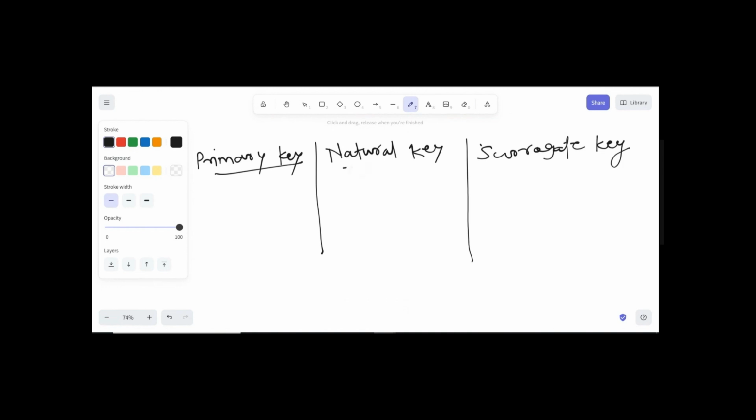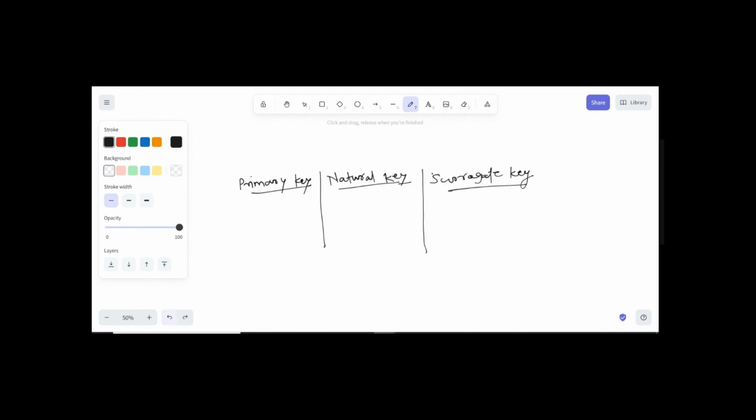So यहाँ पे नेचुरल कीज एंड सरोगेट कीज भी देखने वाले हैं, जो ज़्यादातर डेटा वेयर हाउस कॉन्सेप्ट्स में यूज होते हैं। वर्ड्स आपने सुने होंगे, बट बहुत सारे लोगों को इसका मीनिंग पता नहीं होता है कि व्हाट इज द डिफरेंस बिटवीन प्राइमरी एंड नेचुरल, देन व्हाट इज द डिफरेंस बिटवीन प्राइमरी एंड सरोगेट की। तो पहले हम प्राइमरी की के बारे में थोड़ा डिस्कस करते हैं। तो इट्स एन यूनिक आइडेंटिफायर।